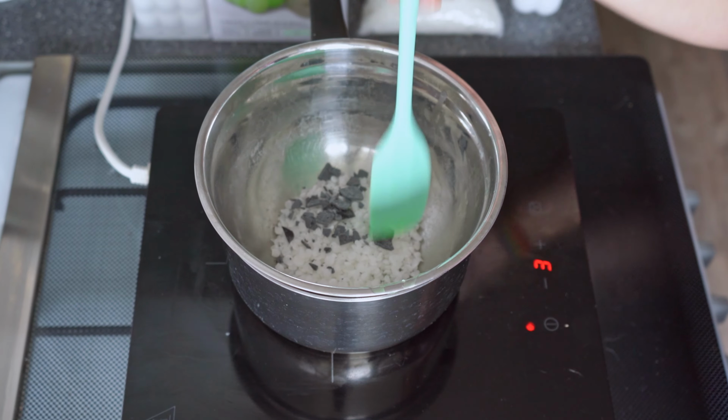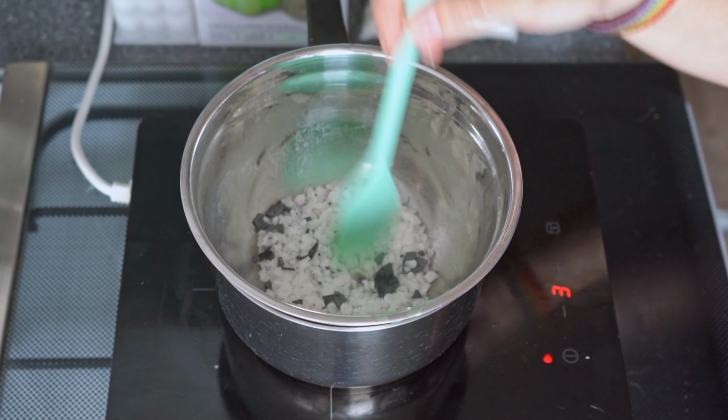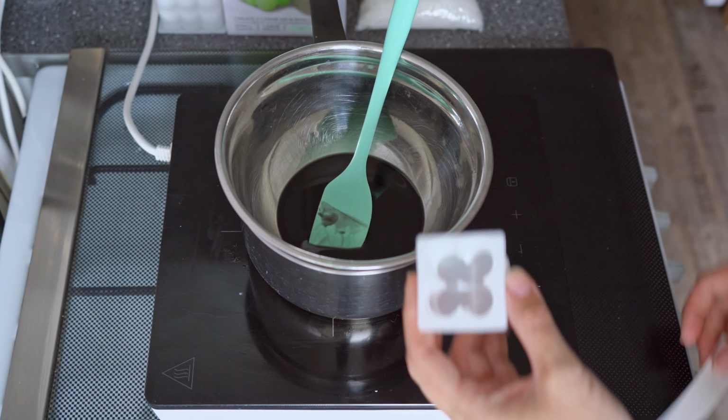You're not going to see it anyways. I'm just going to melt this and mix it. And then we're just going to pour it. So this is all melted. It's only 40 grams, so that's going to be okay for this little mold,